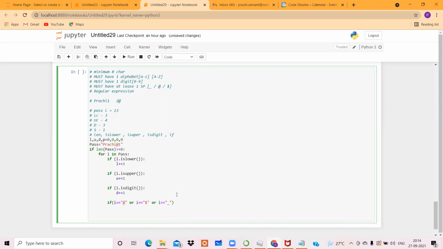So ये तीनों में से अगर कोई वैल्यू है तो वो चेक करेंगे, और if this is true then what we are going to do, इसके रिलेटेड जो हमने फ्लैग या फिर इसके रिलेटेड काउंटर जनरेट किया था, that counter value was p, so we'll say that p plus equal to 1.